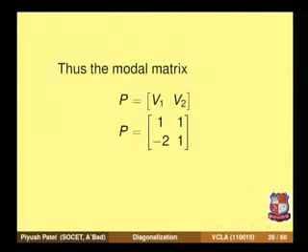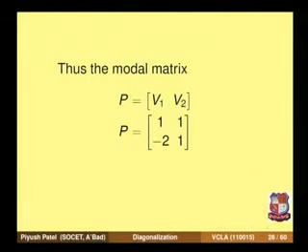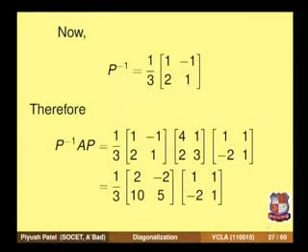And how will it diagonalize? Via a similarity transformation, we find the similar matrix using this matrix P. That is, we will find the matrix P inverse A P for these matrices P and A, and that matrix will be a diagonal matrix. So let us see the inverse of this matrix. This is a 2 by 2 matrix, so it is easy to compute the inverse.